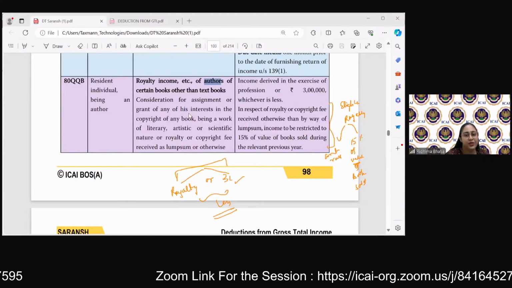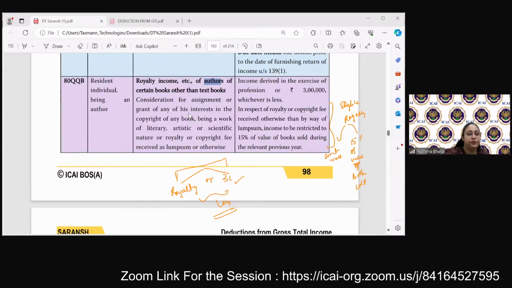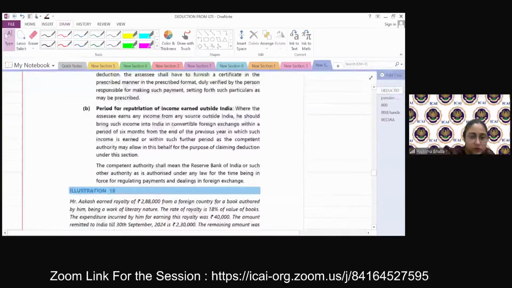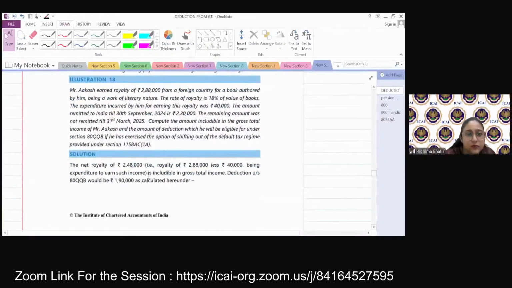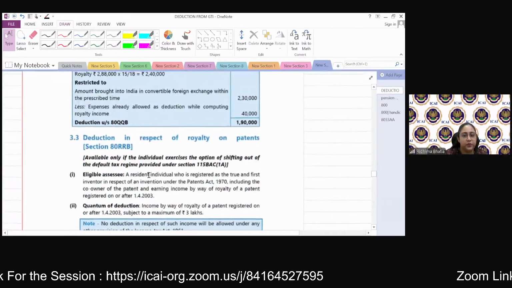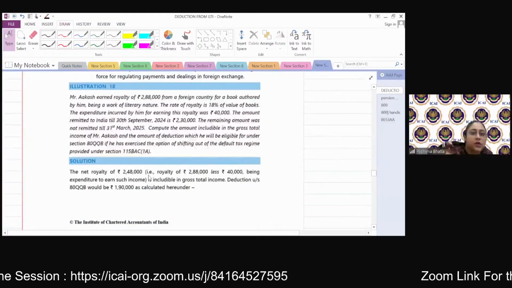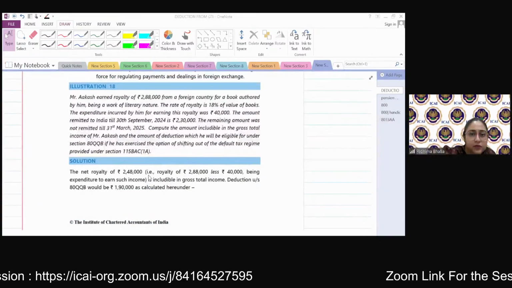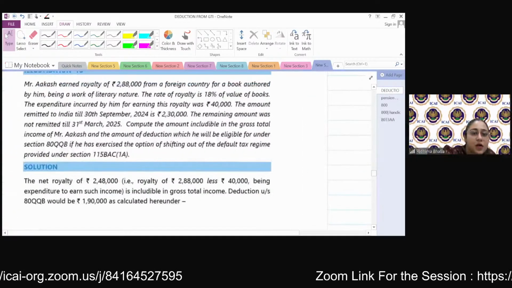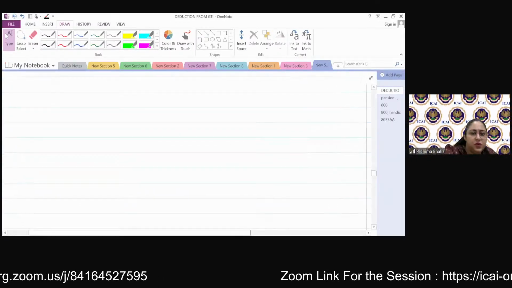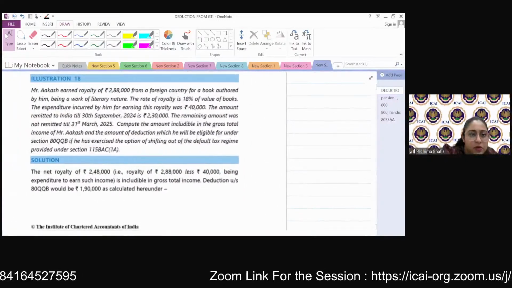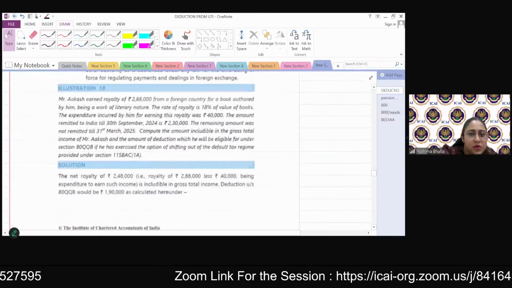So let's do a quick question on this. और रिपैट्रिएशन वाला कंडीशन तो है ही है. ओके. Illustration number 18. Sorry, where did it go? Is it readable? एकदम से